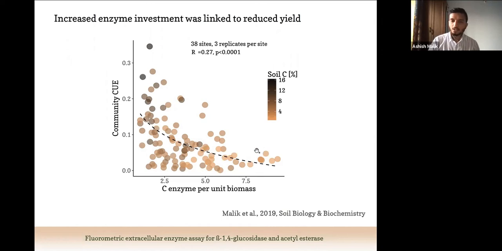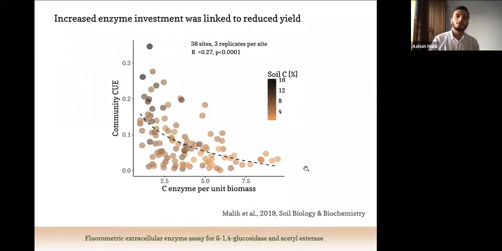Whereas in some of these low carbon soils, and these are intensive arable croplands, there are limited resources, limited organic matter for the microorganisms to access and take up. So what they do is they produce a lot of extracellular enzymes to mine organic matter from possibly soil organic matter, because easily available substrates are not around. So this is a nice demonstration of that trade-off that I talked about initially between the two key traits of growth yield and resource acquisition.